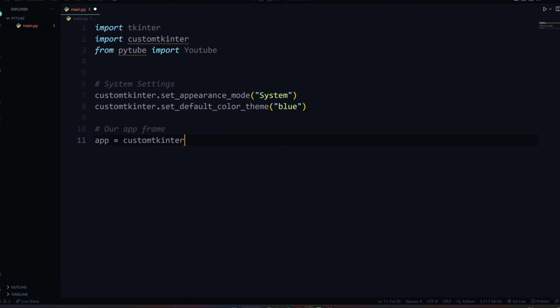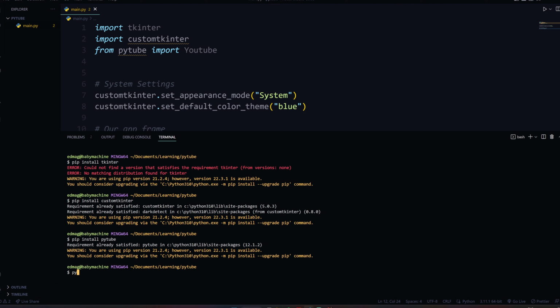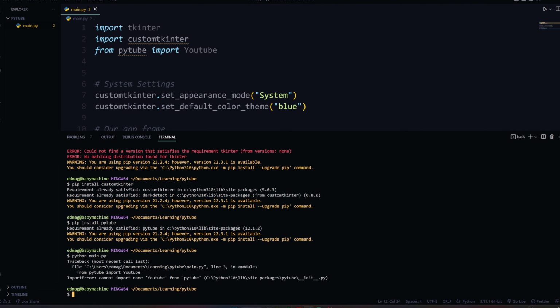And we're gonna say customtkinter.ctk like that. That's gonna initialize it for us. All right, and then we can specify a geometry like that. And here is where we basically give the screen size, so the resolution. I'm gonna say 720 by 480 like that. So technically now if we run this and we say python main.py,